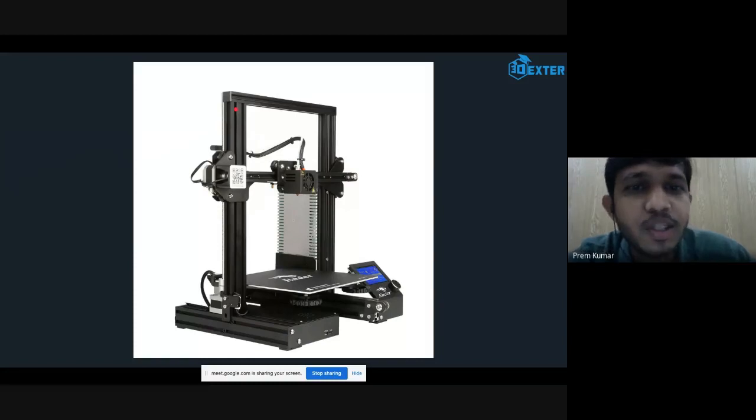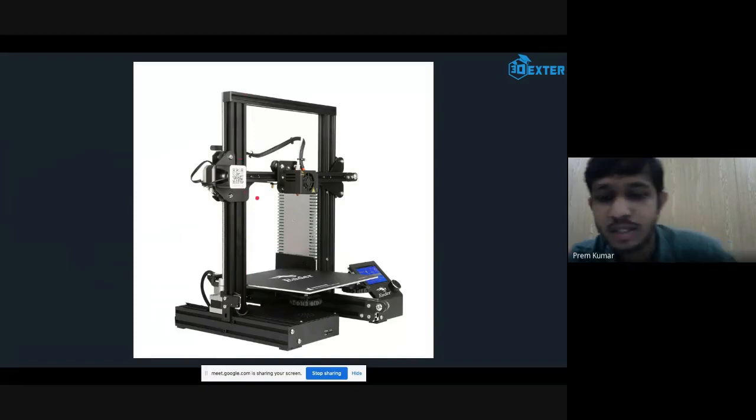So this is how you can actually save material on this kind of setup. They have made the complete frame and the motion mechanism out of the same extrusions. So this is how you can reduce cost on these kinds of machines. That is why these machines are available cheaper in the market.